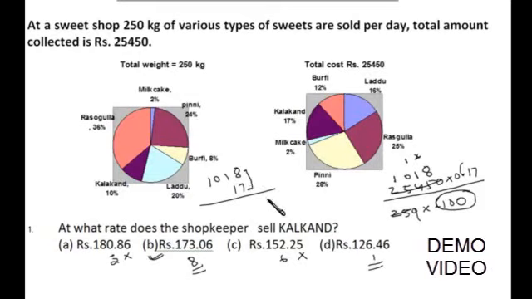8 sevens are 56, 6, and 5 we carry. Then you cross multiply these two: 7 into 1, 7, plus 1 into 8, 8. So 7 plus 8 is 15, and 5, 20. So I put 0 and 2 is carried forward. So the second last digit is 0. So we choose the option having second last digit 0. Unit digit can also be done, but here three options have the same unit digit. We cannot reach the correct choice if we just calculate the unit digit, so that's why I calculated the second last digit.